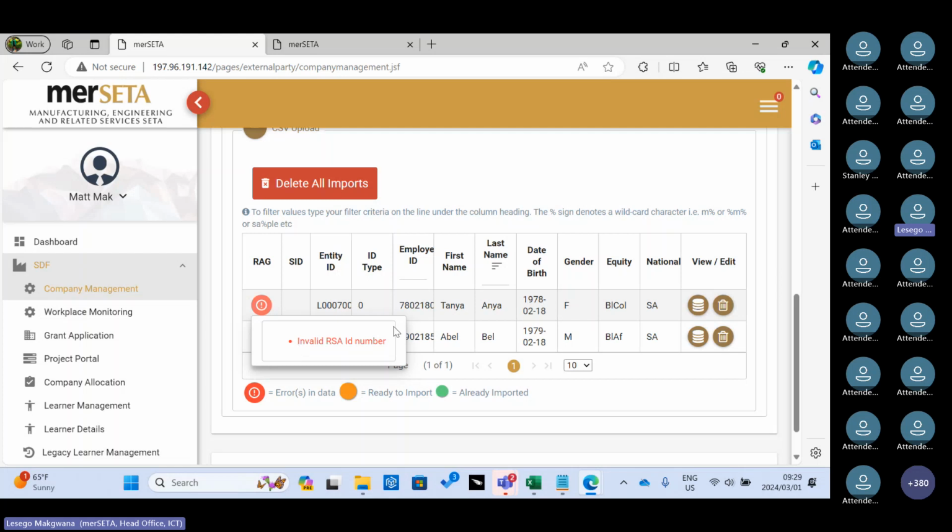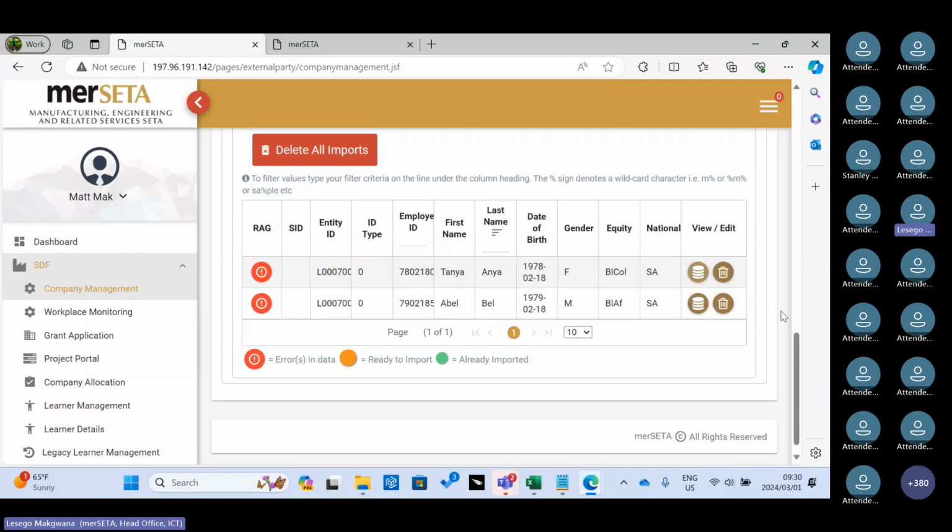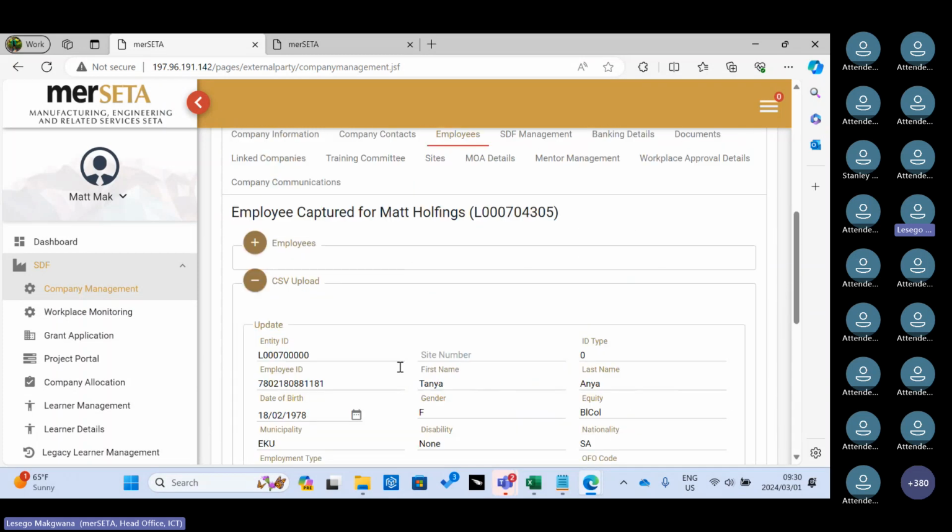It points out the specific issue, where the specific issue is. With the previous 2 records, the issue was on the FO codes, but when you look at this one, it states here, when you click on the red alert, it says click here to view error. When you click on it, it states invalid RSA ID number. So you have the option to update and go fix the ID number. It means the ID number populated here is not correct. So I'm just going to put the correct one